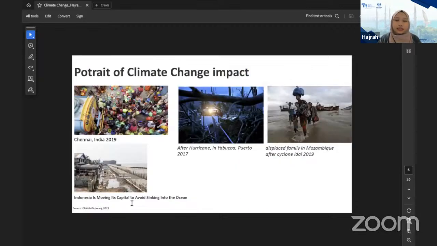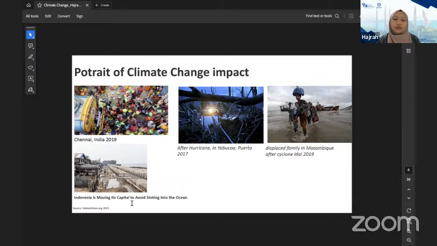And then this is just some portrait of the climate change impact. That's what already happened in Chennai, India, in 2019. The water scarcity already happening there. And also in Indonesia, we are facing water scarcity as well, especially in the eastern part of Indonesia. And we move to Latin America, we have here the hurricane that happened in 2017, and also in Mozambique, cyclone Idai happened in 2019, and it moved many